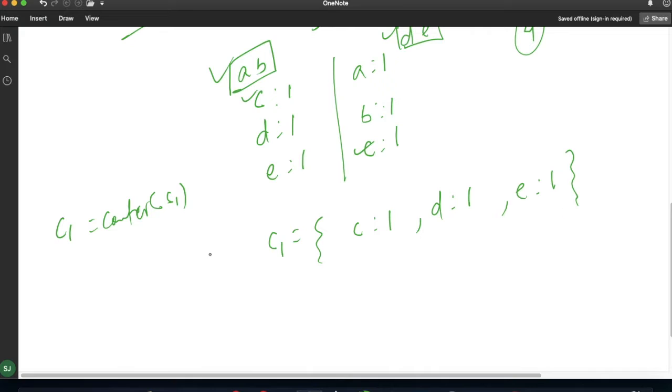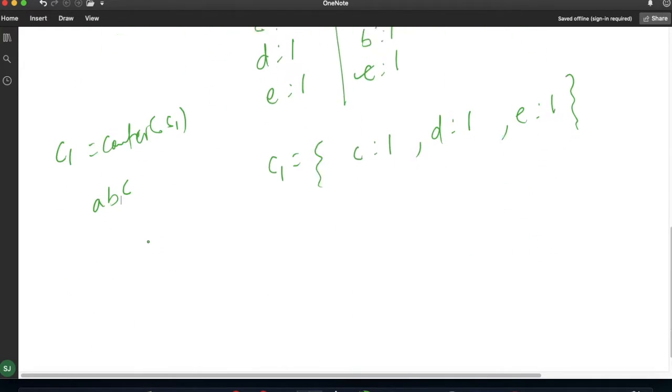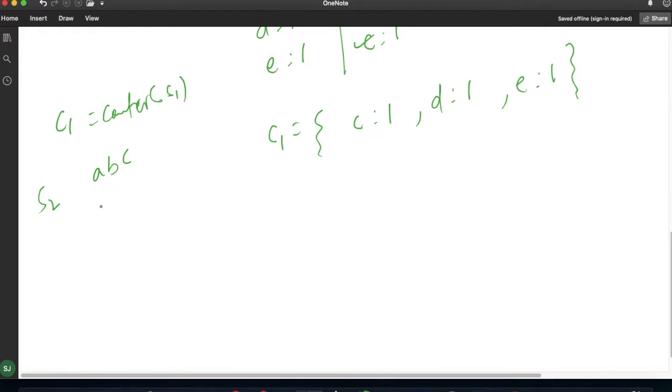What we will do next is iterate character by character in S2. S2 has value, suppose, ABC. We will check the value present at this character in C1. Here A is my key. Is A present or not? A is not present, so we will simply add A as a key and the value is -1.